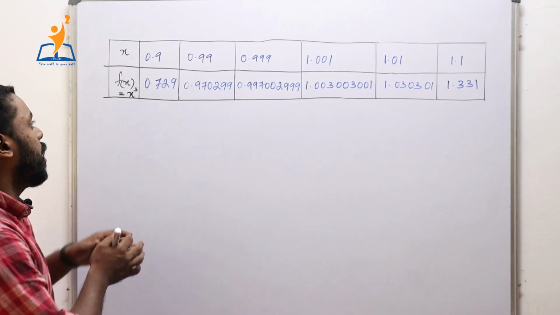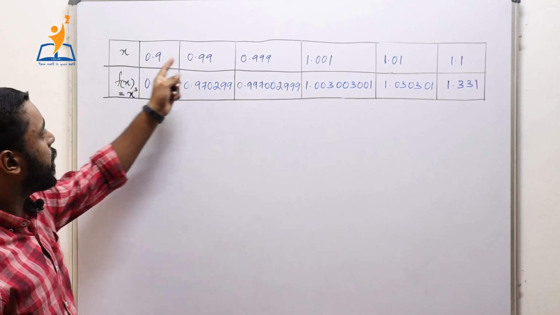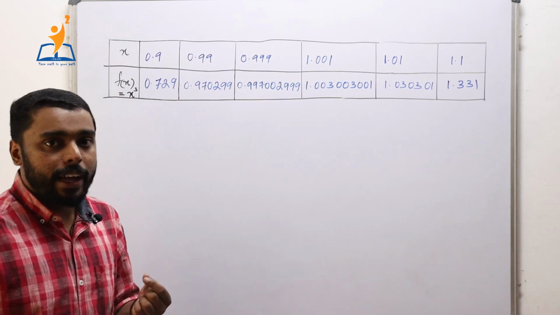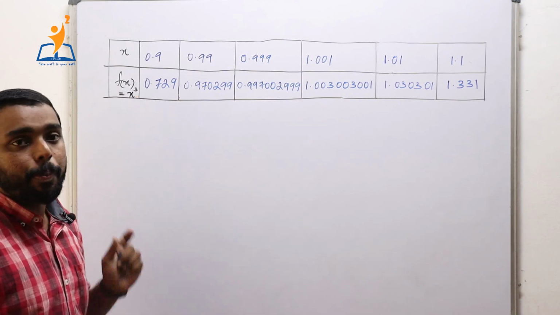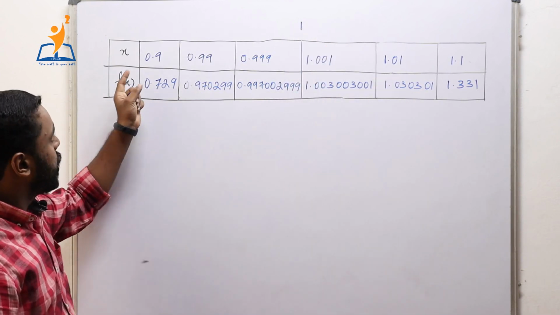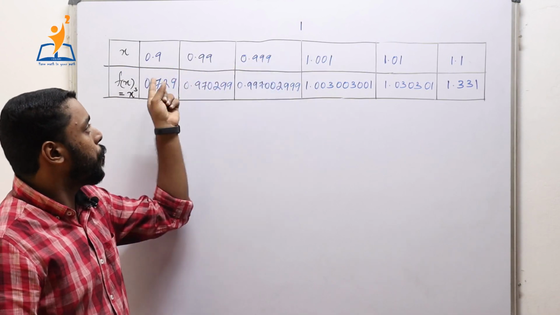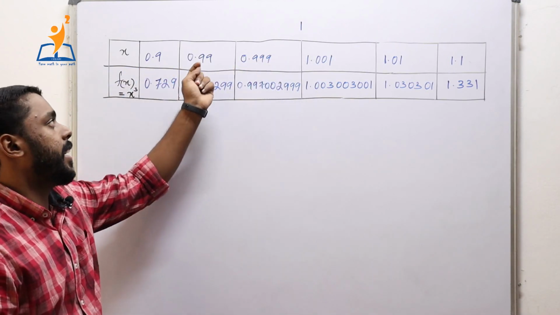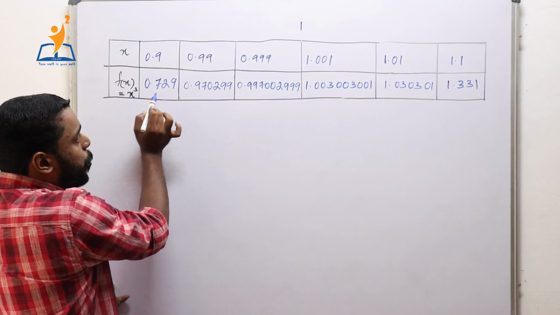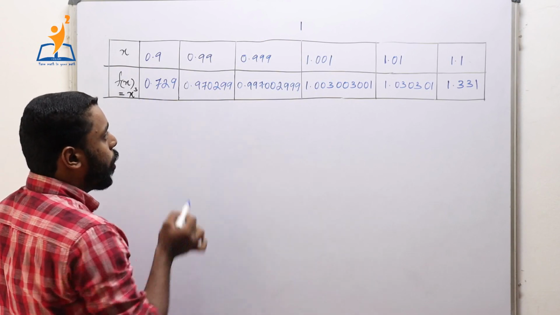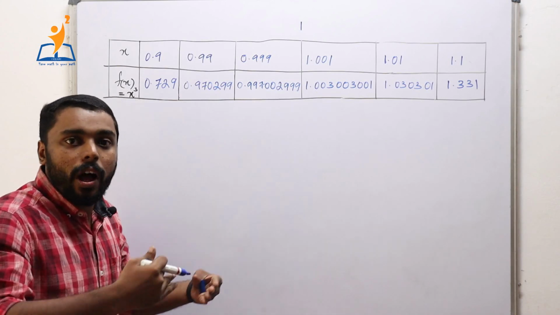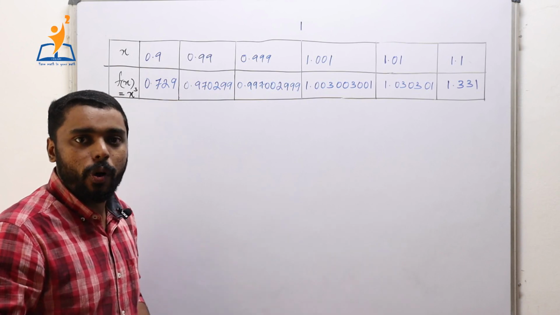Suppose I have taken my function as x cube, and the suitable input values and suitable output values are listed like this, and I am going to find the limit of this function x cube at the point 1, that is exactly in the center of this listing. Suppose the input values approach 1 from the left side, that is 0.9, 0.99, 0.999, etc. Then the output values, first we got 0.729, then 0.970, then 0.9997, which means that the output value also becomes closer and closer to 1.